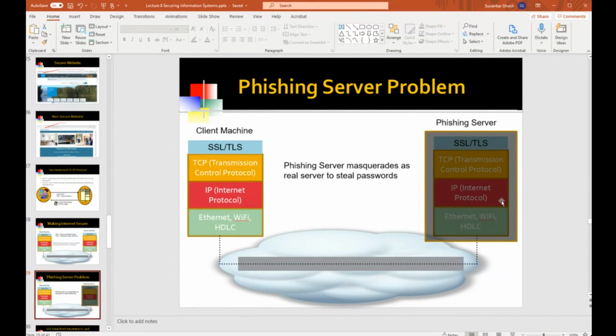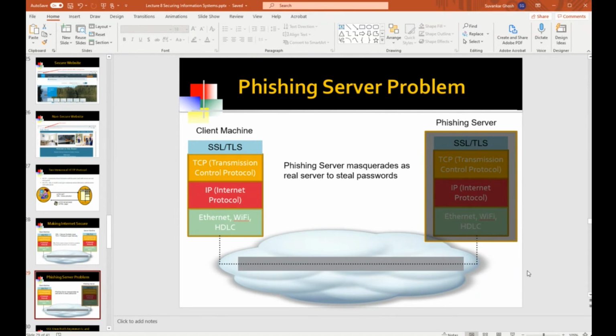Am I actually talking to a phishing server who's pretending to be my financial services firm, Charles Schwab, or am I actually talking to the Charles Schwab website itself, the genuine one? Verifying the identity, that it's not a phishing server, is known as authentication.